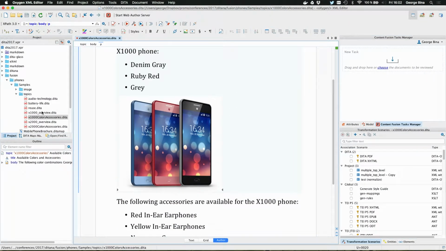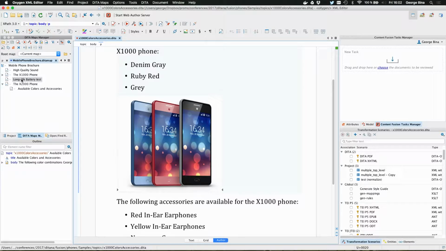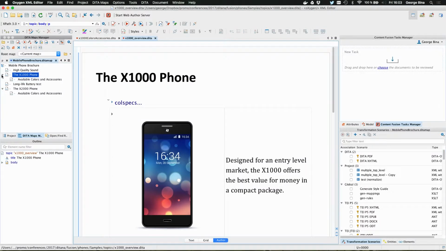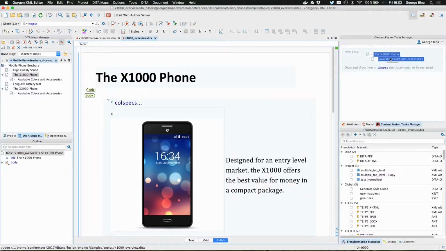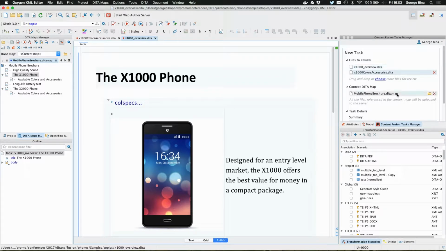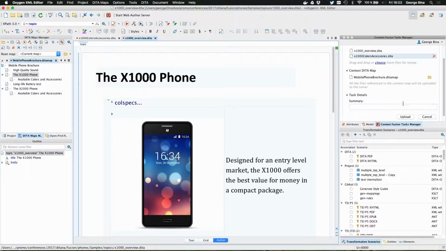If I have a data file, again data, tired of so much data. So you can drag and drop, for instance, or select a few files. In case of data, we automatically detect the map for the context, right? You can remove that, but then you will have only the topics without all references and all that part, and